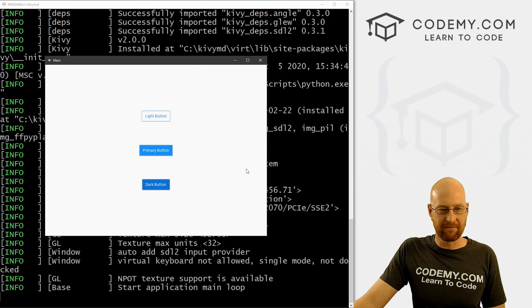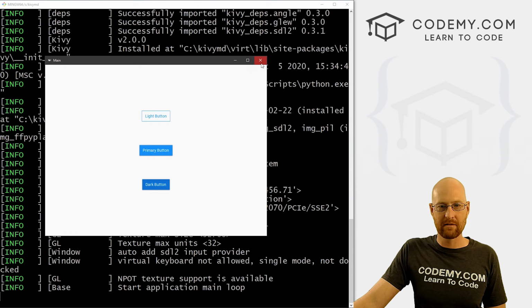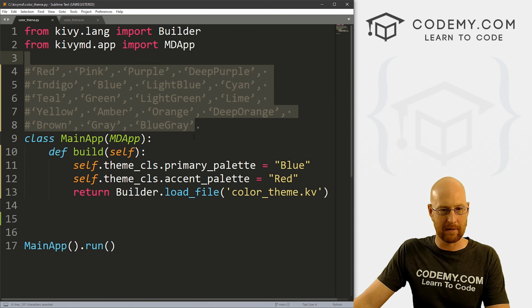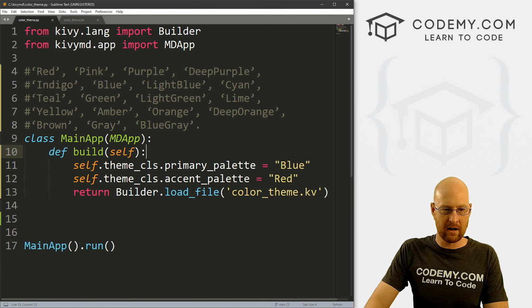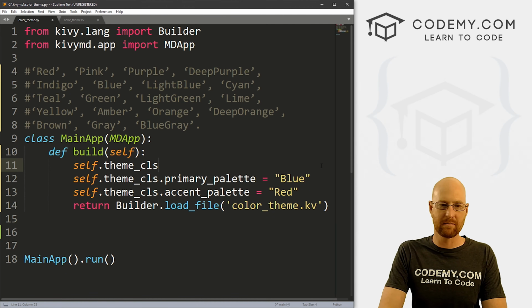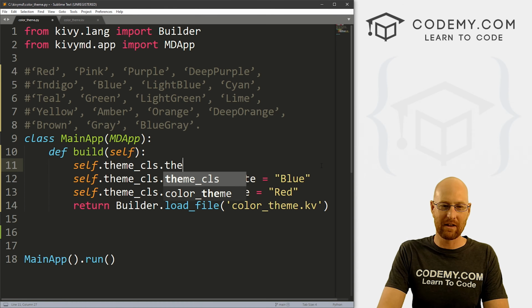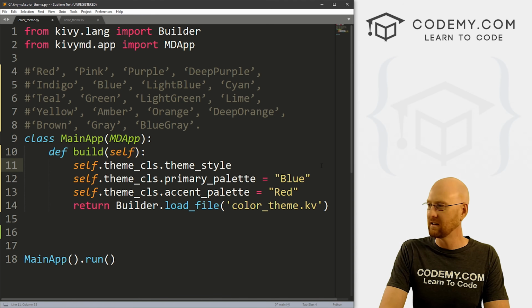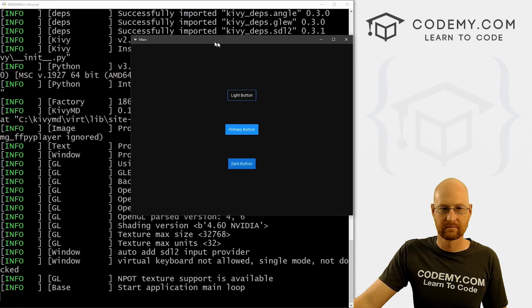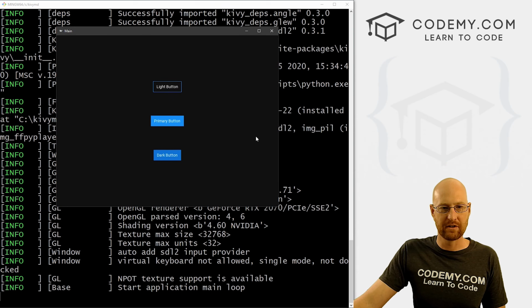Now, this is the default light theme, right? You might want a dark theme instead. So we can come back here and I move these up here, just get them out of the way. And over here, we want self.theme_CLS. So always theme_CLS. And here we want theme_style. We want to set this equal to dark. All right, so if we save this and run it, you see now we have the dark theme,